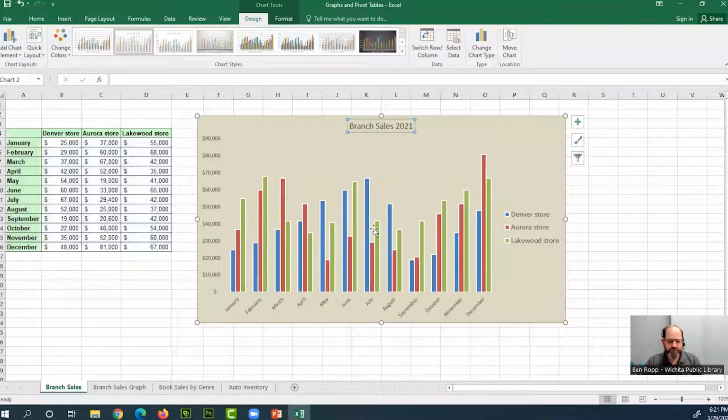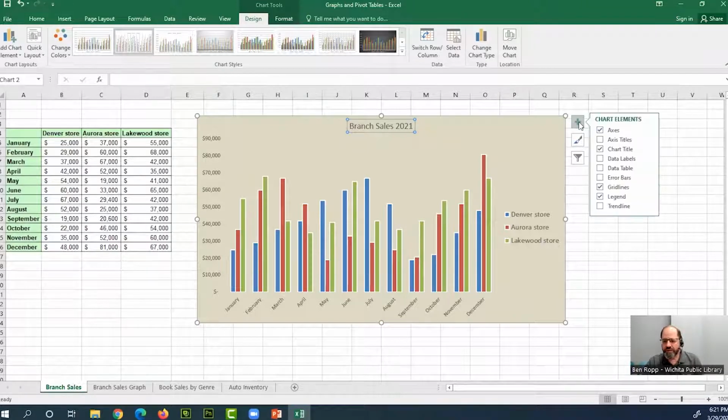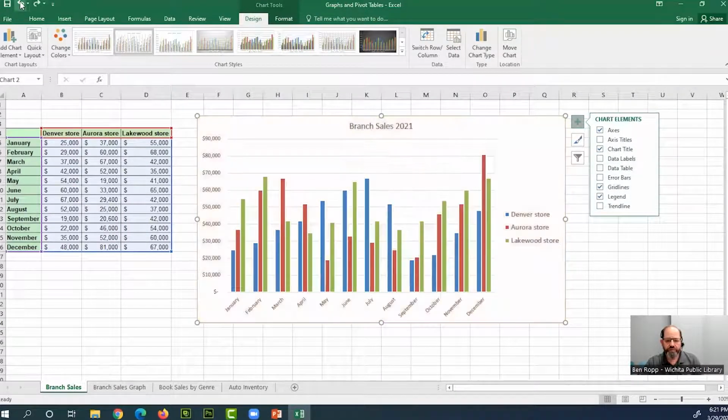So you have control over every element. And you can also just click on something and delete it if you don't want it. So let me undo that color. So we have these,